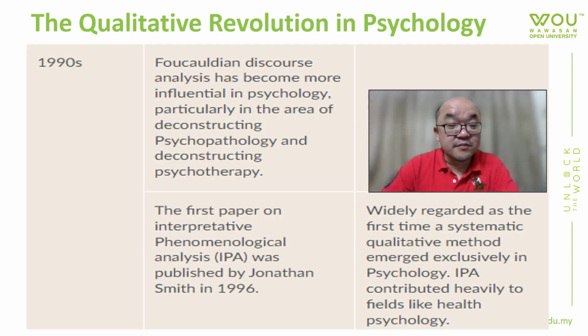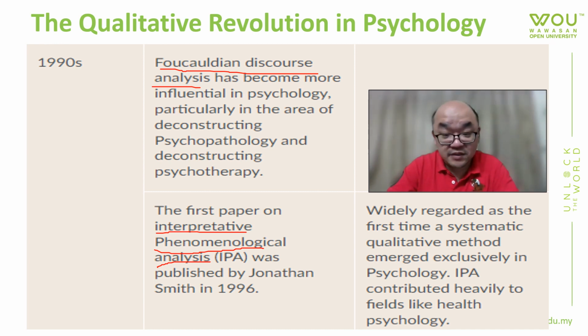And it comes to the 1990s, which is more current, contemporary now. You have Foucauldian discourse analysis, still focusing on how conversation actually unravels, etc. That's discourse analysis. But now, instead of focusing on personal experience, you focus more on the social power side of it. The first paper on interpretative phenomenological analysis was published. IPA is all about individual experience, like how someone actually experienced a particular phenomenon or their life experience, and how that helps you to understand the topic of interest that you are studying at that time.